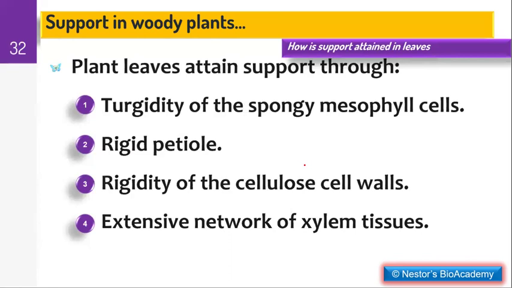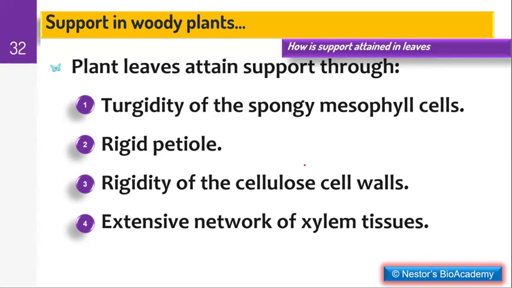Where the cells take up water by osmosis, they become turgid, and that collective turgidity of these spongy mesophyll cells contributes to support in these leaves. The rigid petiole we find in a leaf is also very important in exposing it well to sunlight. And also, of course, the rigidity of the cellulose cell walls performs a critical role in